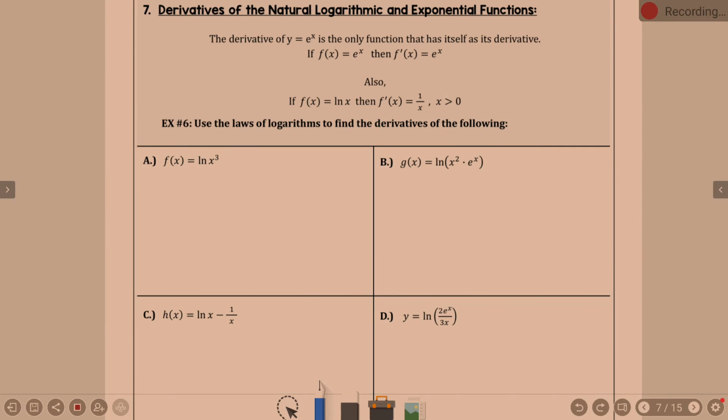Last set of new derivatives for today. Now, I will say tomorrow I don't think we learn any new derivatives, we just learn new rules. So,